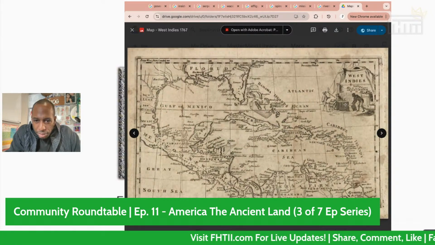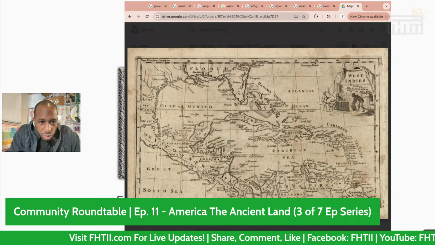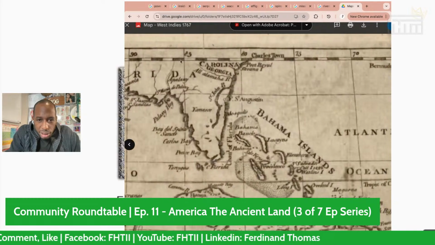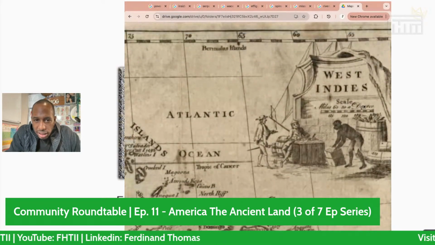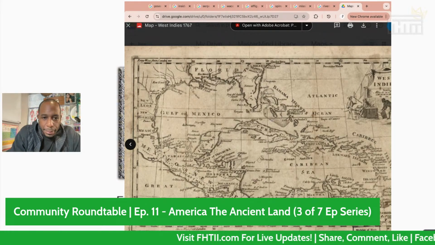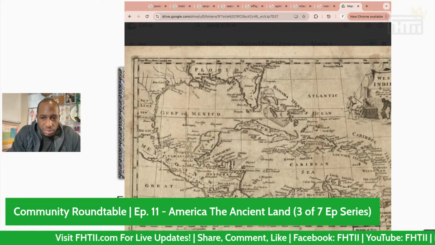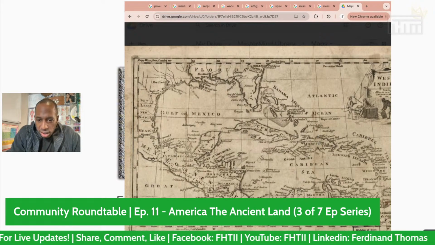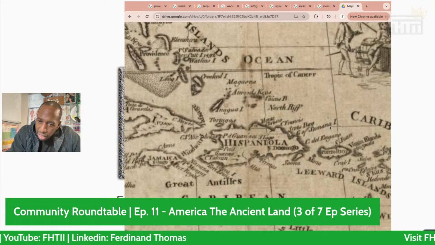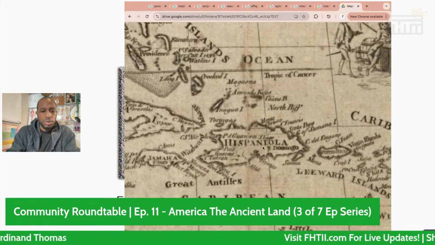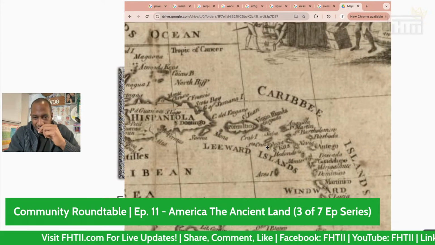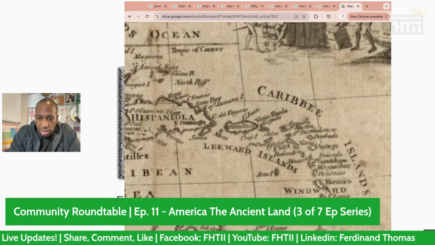All right, so here goes a map of the quote unquote West Indies. And when was the map created? It might be from London. Let's see. It doesn't look like it has a time frame on it. 1767. My bad, y'all. All right, and this is of the Caribbean. So let's take a look at these names. Gulf of Samana, Hispaniola. Yeah, we know Dominican Republic was once called Hispaniola, and I'm sure it had other names before that. Puerto Rico, Leeward Islands,